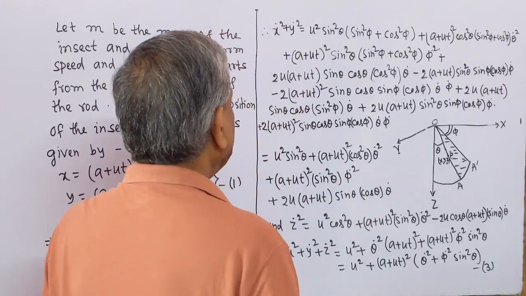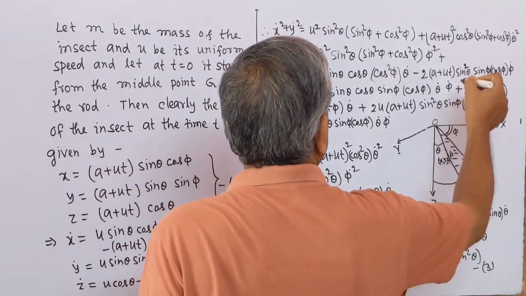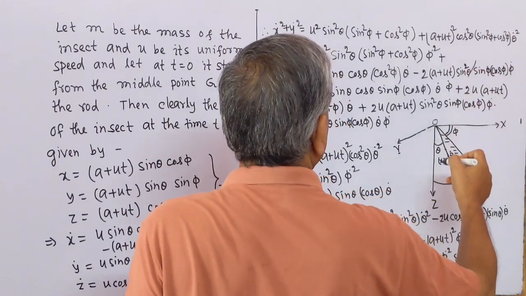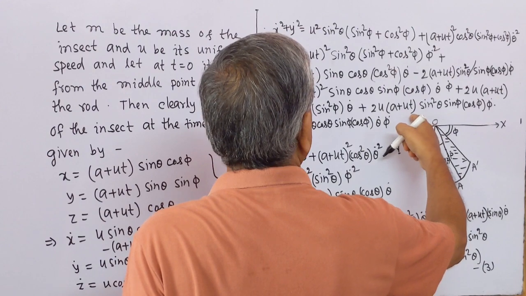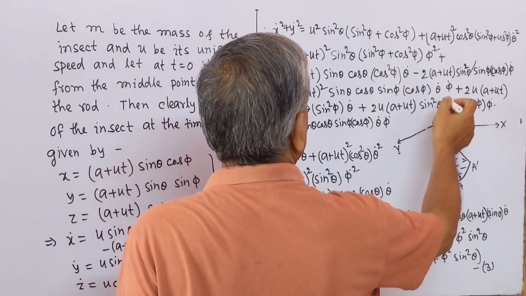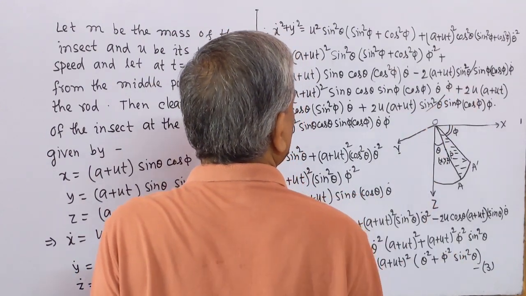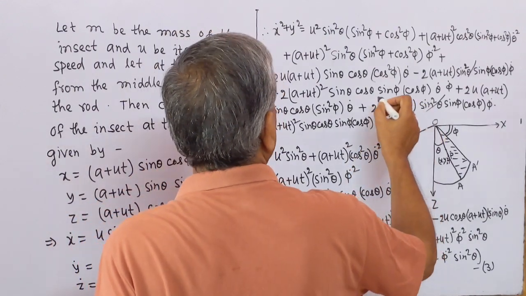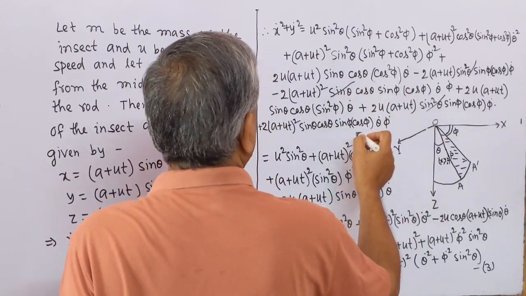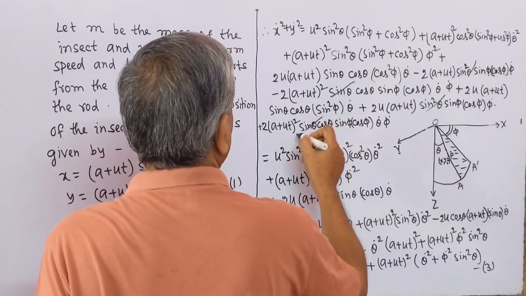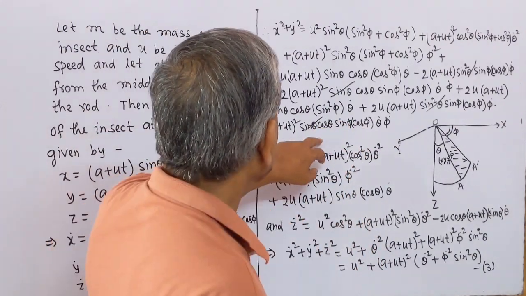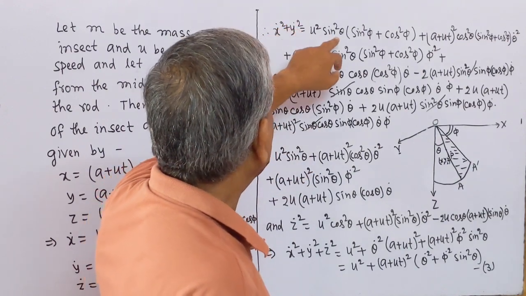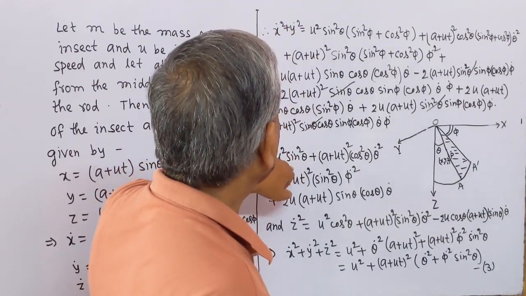Here we see that this term and the phi dot term cancel out, and here we also see that this term and this term also cancel out. So what remains here is u square sin square theta,